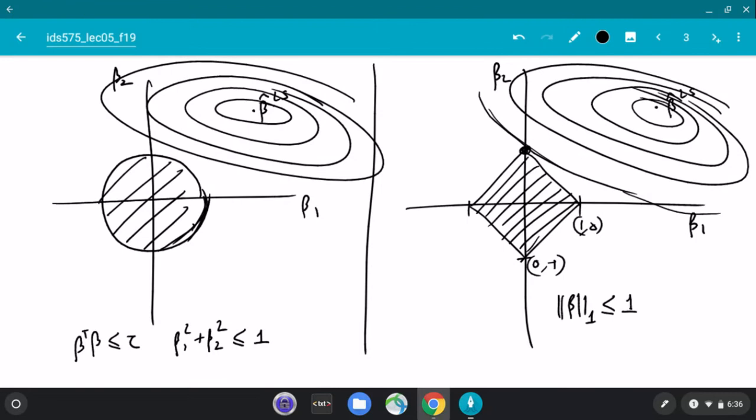Three-dimensional problem. The lasso penalty looks like a diamond-shaped preference where you only want the parameters to be inside the diamond. But it turns out when you solve the problem, because you want to balance both being inside the diamond and the contour surface, that's basically going to be a point on the intersection of the contour surface, one of the contours which is closest to the bottom of the valley and the diamond, and that need not be just the corner of the diamond.